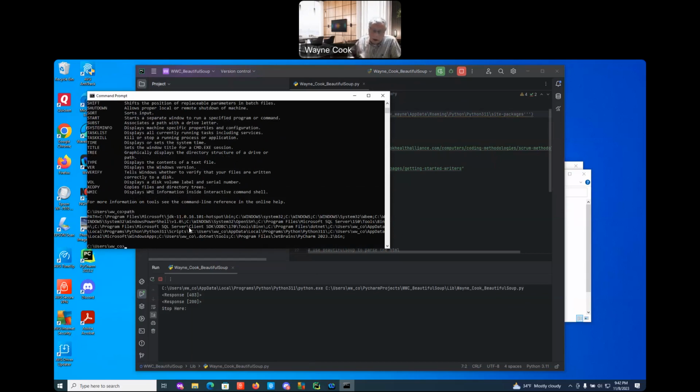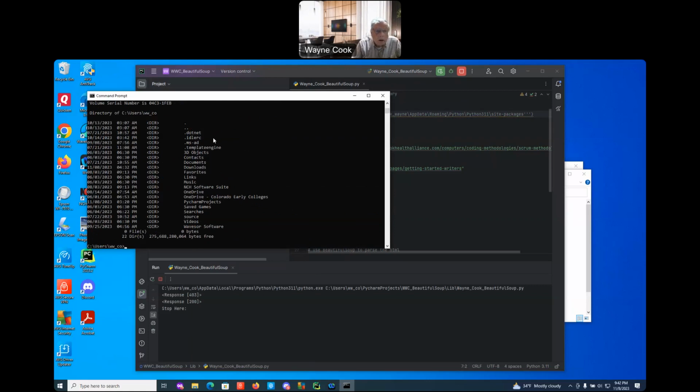Notice I can type in lowercase, so it's not really case sensitive, even though the variable path is. Then I can go through and see where Python is located. It's in the AppData directory, local. So if you notice, if I do a dir,